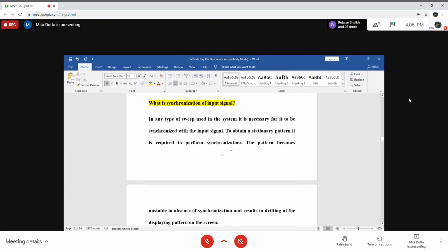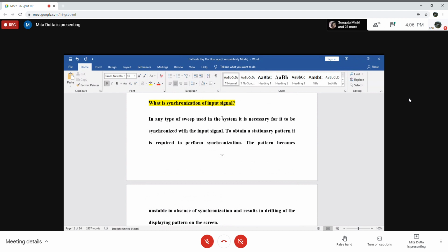In internal, when the horizontal amplifier is used internally, it is used to amplify the signal produced by the time-base generator, and if the horizontal